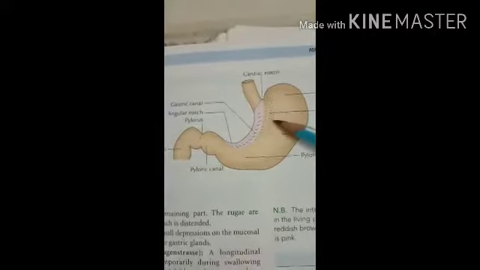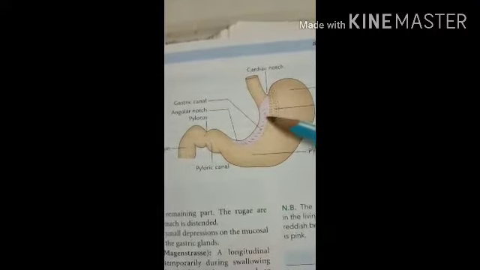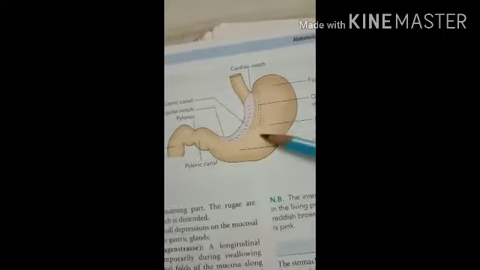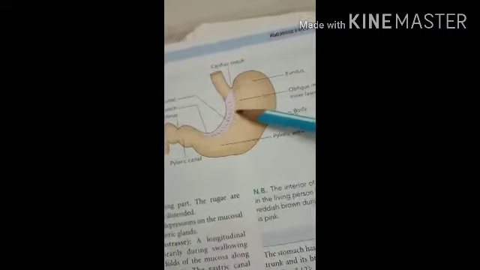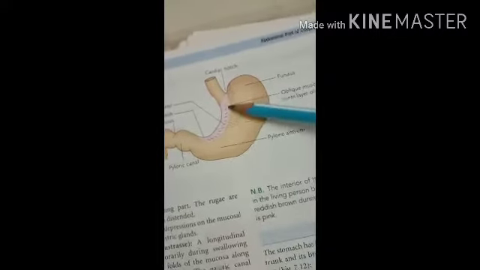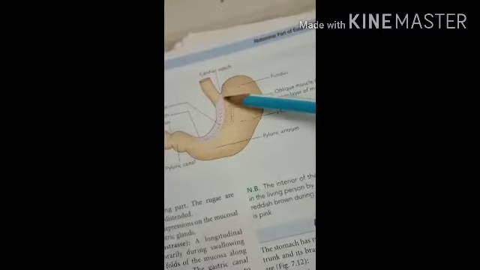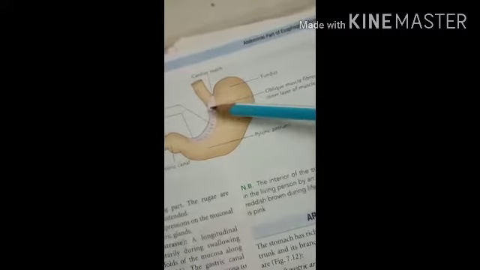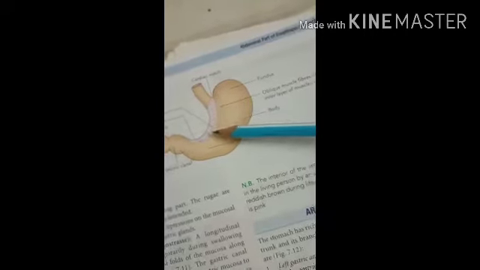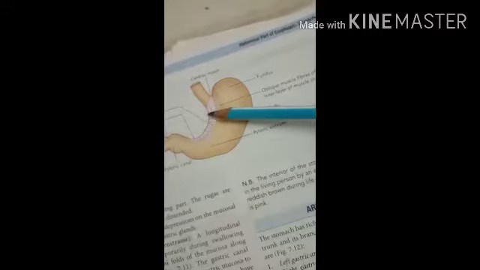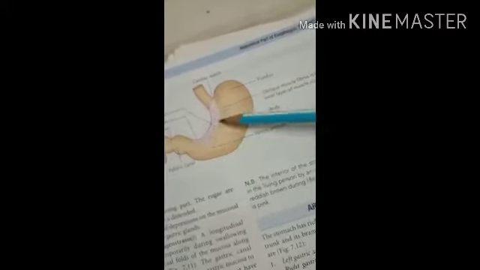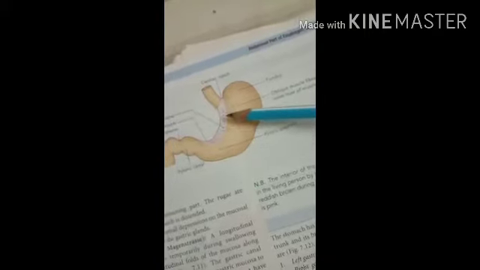The gastric canal is a longitudinal furrow that forms temporarily during swallowing between the longitudinal folds along the lesser curvature. Here in this diagram you can see the temporary fold formed by the longitudinal muscular fold, that is the longitudinal fold. The gastric canal forms due to firm attachment of the gastric mucosa to the underlying muscular layer, which does not have any oblique layer at this site.